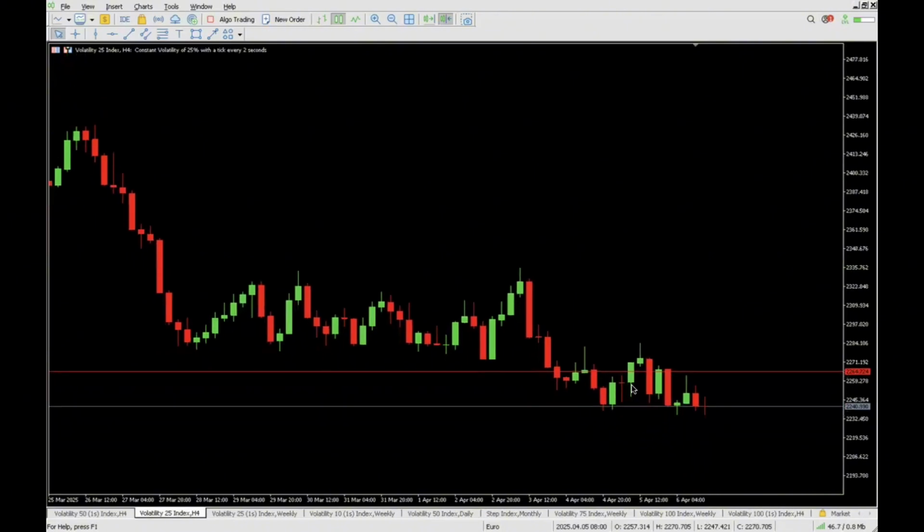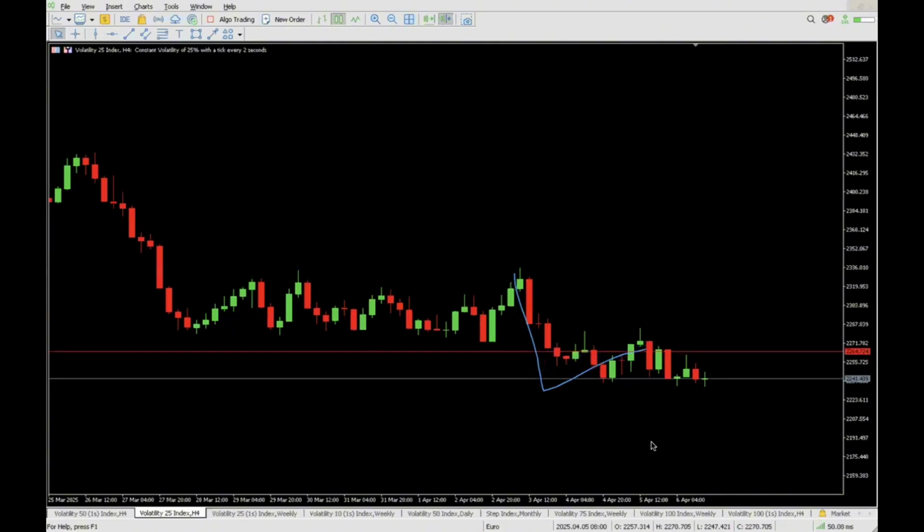This is borderline like a consolidative state. We had an impulsive move. We're in a consolidative state right now. And I'm sure when that consolidative state is done, the market will push to the downside. Remember, I said to you, when the market is going down, the intentional movements will be